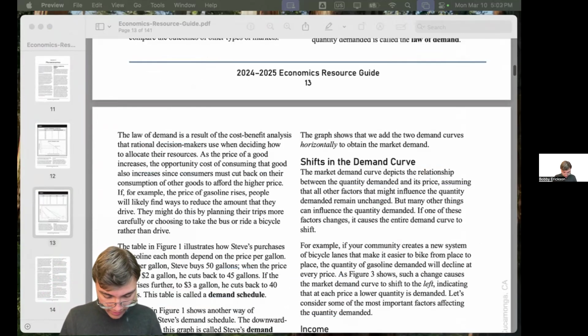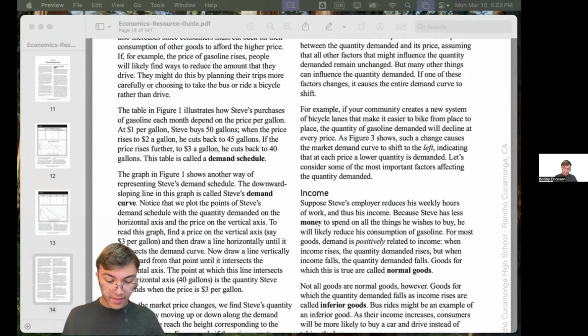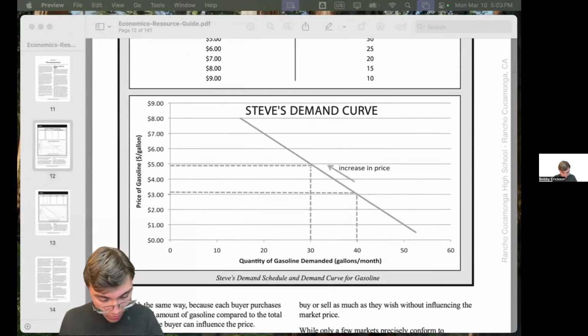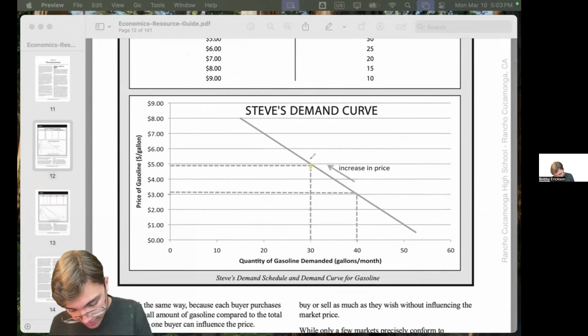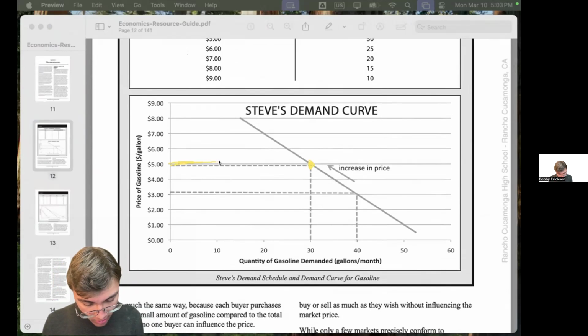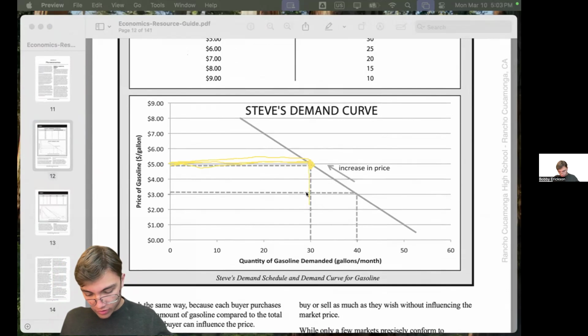Then we also get to see in figure one that there's another way of showing Steve's specific demand schedule, and that is the demand curve. So if we look back up here at the demand curve, how do we read it? Let's take this point right here. This point indicates that at a price of $5, Steve is going to be choosing to buy 30 gallons per month. So, as you can see, there is a downward slope